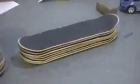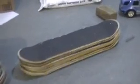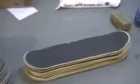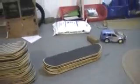Alright, so I'm doing an update on all the decks I've skated over the years. That stack right there is blanks from blankdecks.com from 2010 when I got a bunch of blanks and skated them. Those blanks were really good and cheap too. I like them. Now here's a stack of